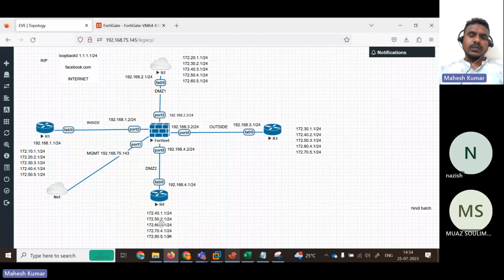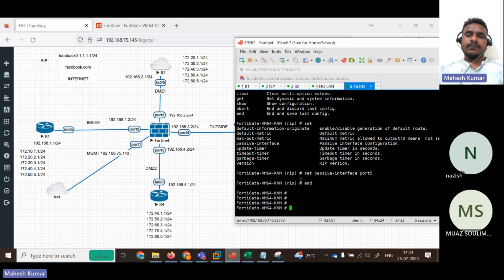This is our HOLAN. So HOLAN cannot reach here. The HOLAN cannot send there, and cannot receive the RIP packet. They can't send RIP packets to anyone, because this interface works like a passive interface now. Passive means an L2 kind of interface. So if you check